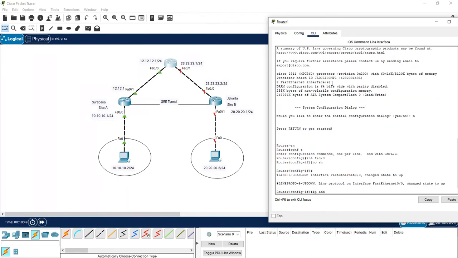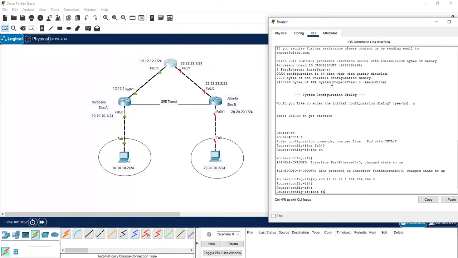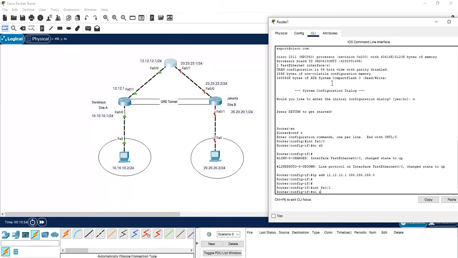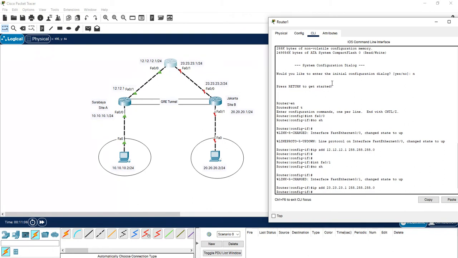IP address is 12.12.12.2, the subnet mask is the same. Then we move to interface 0/1, no shutdown. We put the IP address 23.23.23.1, 255.255.255.0.